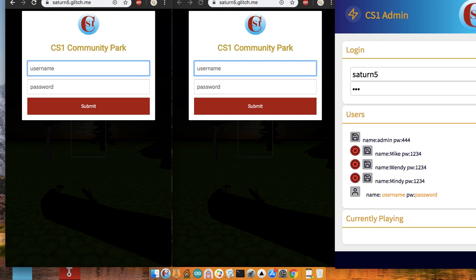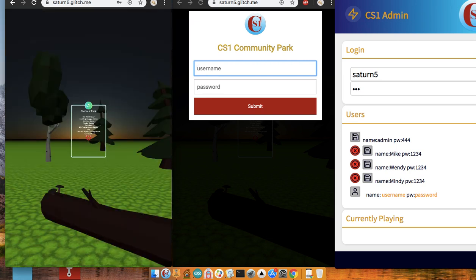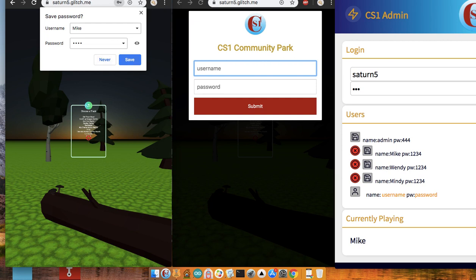So I've already made a couple accounts, so we can illustrate how this is already multiplayer right off the bat. So right now you see I have an account Mike, an account Wendy, and the passwords are both 1, 2, 3, 4. So if I log in over here with Mike, 1, 2, 3, 4, you can see now that